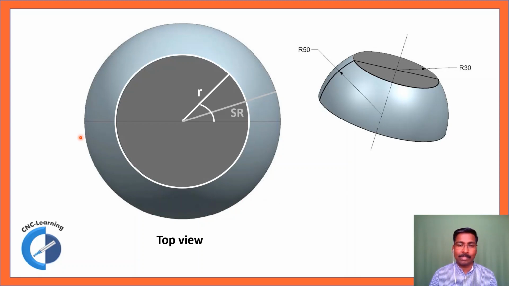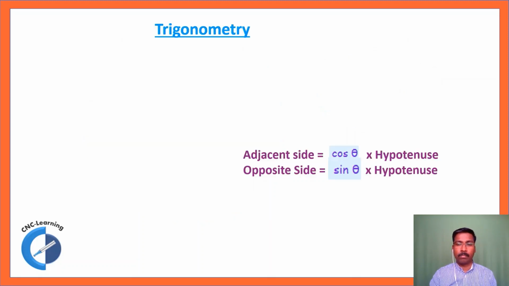So if you see a sliced sphere, you can see here there is a radius and here there is another radius. This is a circle formed by slicing the sphere. So at each z level you will find a new circle and a new radius. Now to calculate the points on this, we can use another formula.